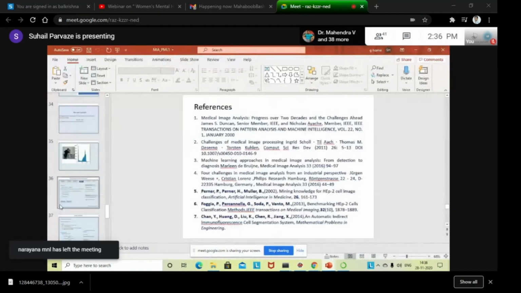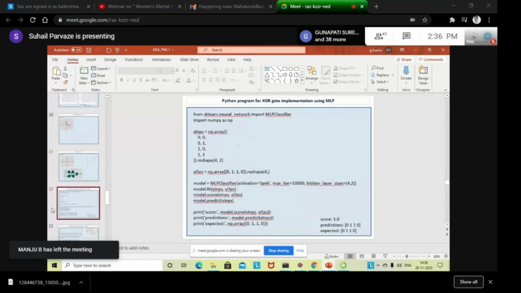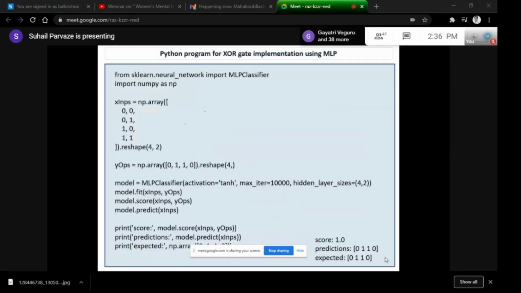So I think we were seeing the exclusive OR gate, which is not a linearly separable case. It's a nonlinear separable case wherein we use a multi-layer perceptron in order to train the classifier to learn